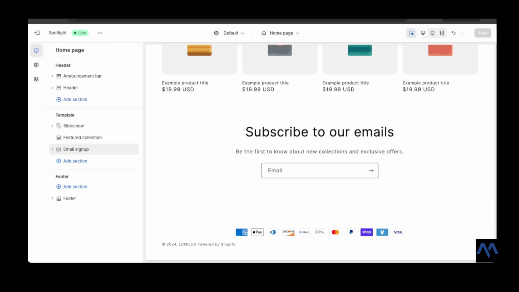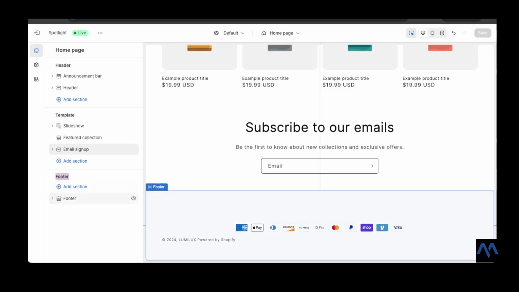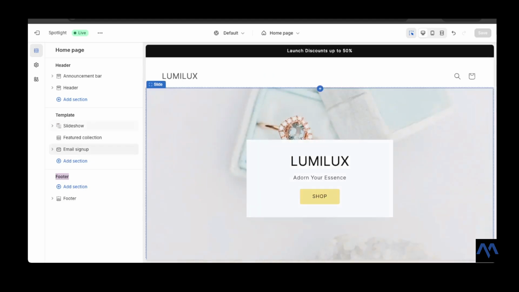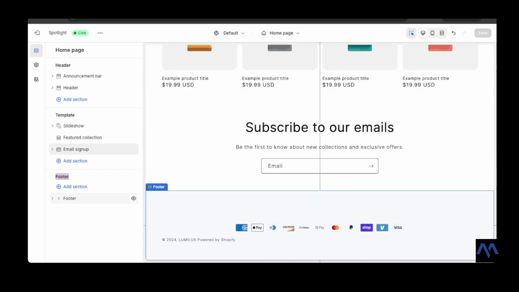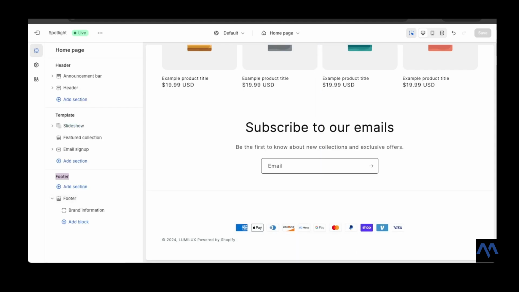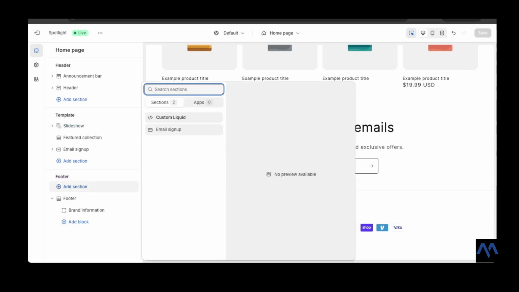Let's go down to the last section, which is this footer section. The footer is also an important section for your website, as it cuts across all pages. We're on the home page right now, but we're looking at the footer. By default, you have certain things. Obviously, because of Shopify payments, you have these payment options here. So let's see how much we can customize in the footer. In the footer, you could also add sections, and typically,